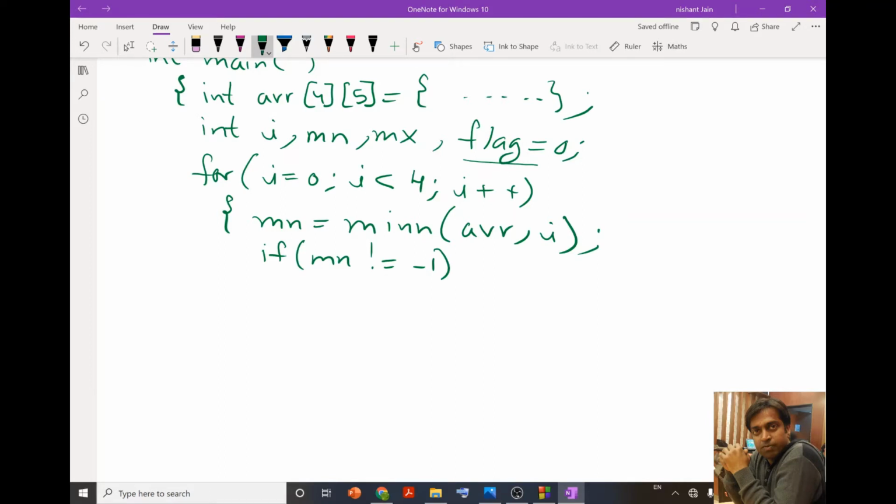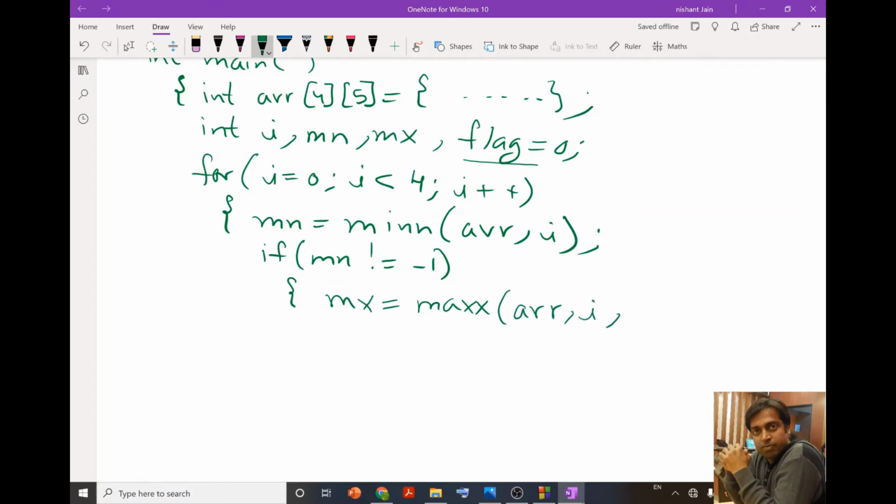But if this condition is not true, then we will go inside this and we will call the function max, and whatever value that max function is going to return, I am going to assign it to the mx variable.